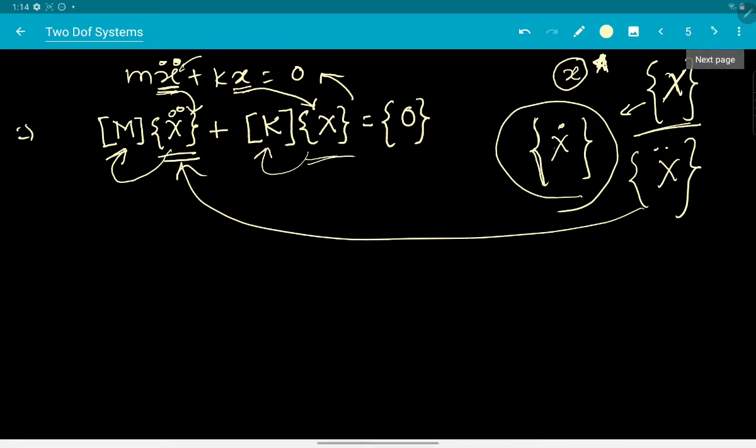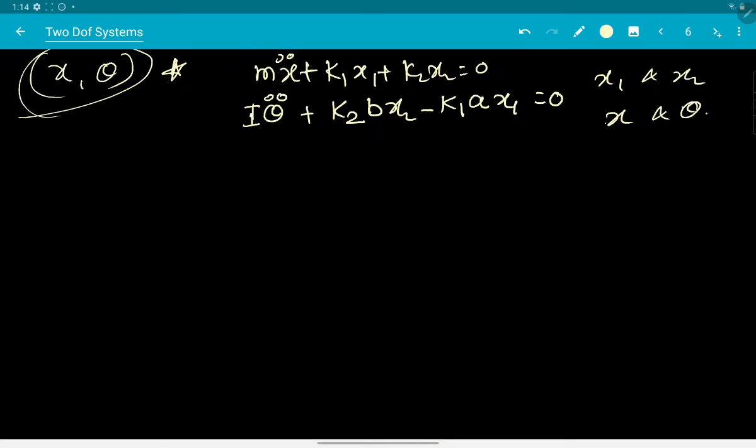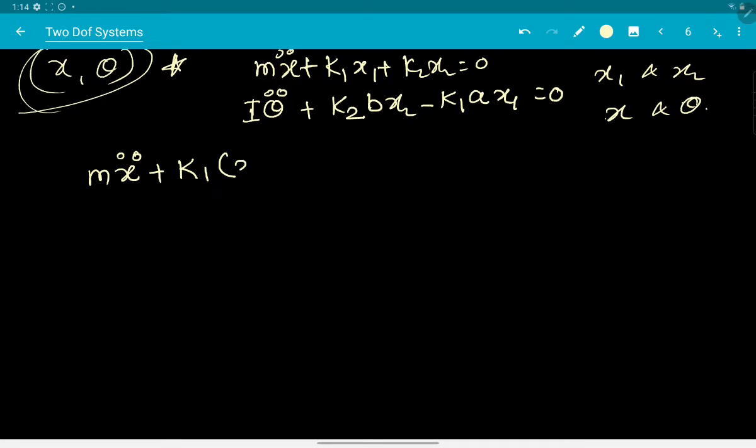If you substitute expressions of x2 and x1 in terms of x and theta, then you will be able to see that the set of equations that you get is like this: m x double dot plus k1 times x minus L theta, this will be capital L theta, plus k2 times x plus capital L theta equal to 0, and you have I theta double dot